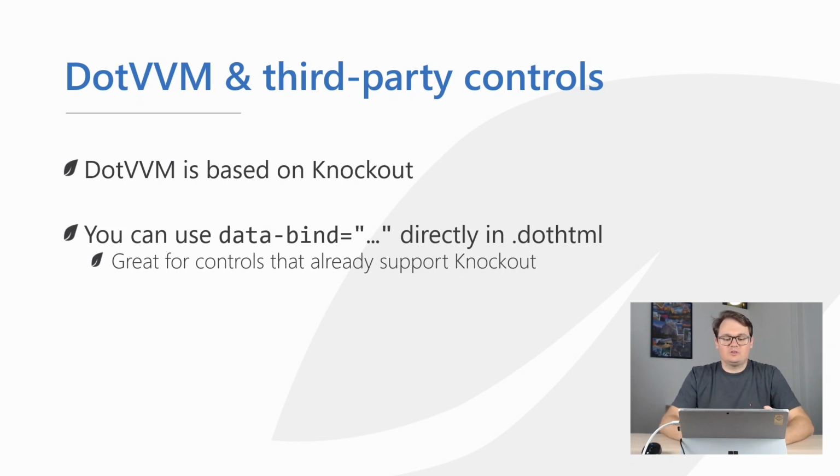So you can use data-bind syntax within the .html markup without any issues, and it should work. There are a few special cases: if you are using collections, we are wrapping an extra observable around every collection item. And also, if you are using date time values, then probably some changes should be made